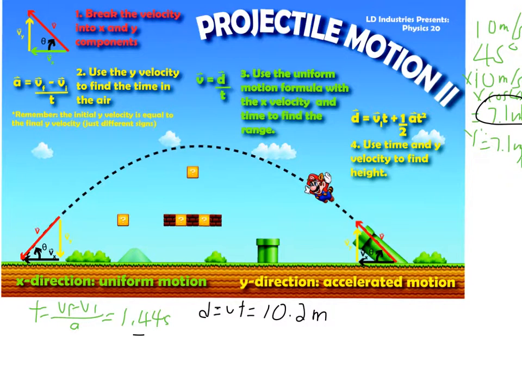So that's part three. Now for part four, we use time and the y velocity to find the maximum height. We can find how high Mario Brother reached in his maximum flight path. However, remember here, this is our total time from our beginning all the way to the end. However, to find the maximum height, we only need to find the time it took to reach up here. The time to reach up to this point would only be half of this time. So I like to call it my time up, or top, is 1.44 seconds divided by 2 equals